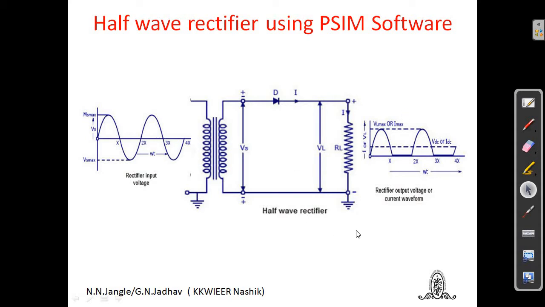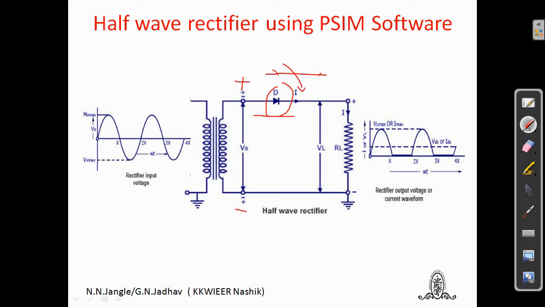Now let us begin with the working. The AC voltage across the secondary winding changes polarity after every half cycle. So during the positive half cycle of the input AC voltage, that is, when the upper end of the secondary winding is positive with respect to the lower end, let us consider this is positive and the second point is negative. During this half cycle, the diode is in forward bias and therefore conducts the current. So the diode is in forward bias condition, that means it acts as a closed switch.